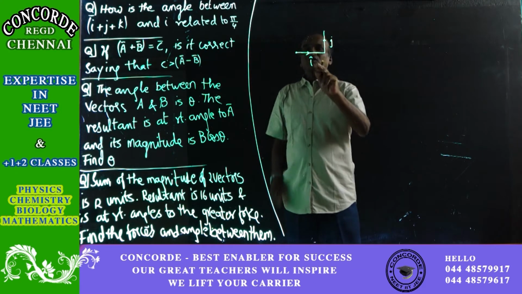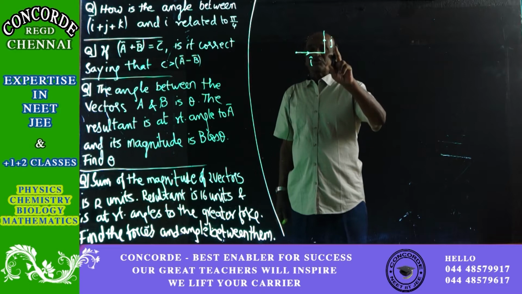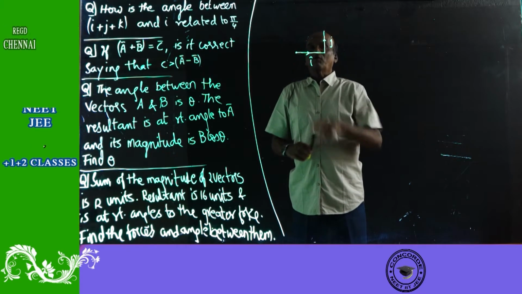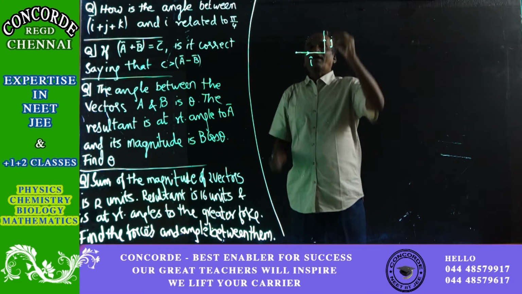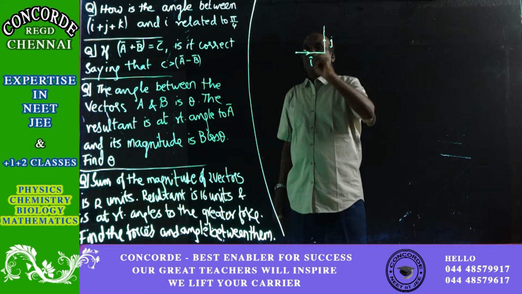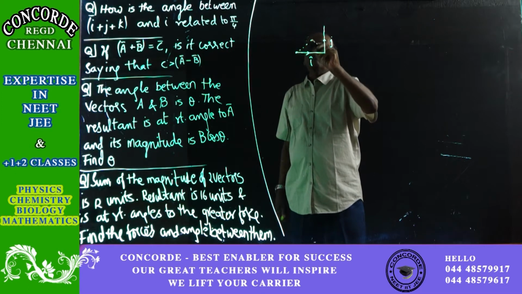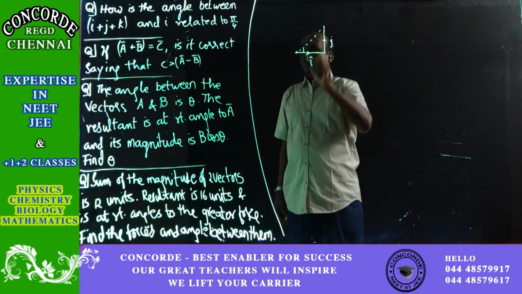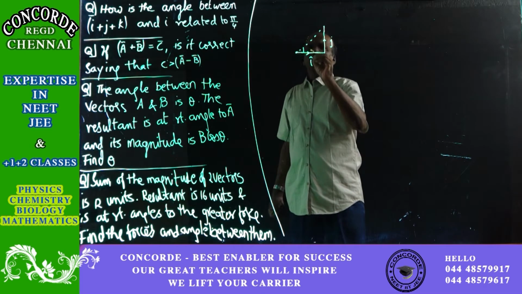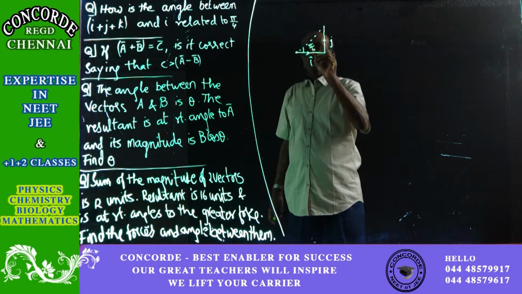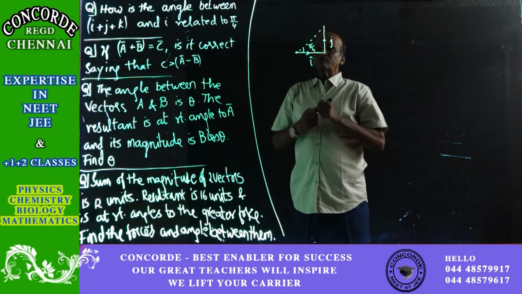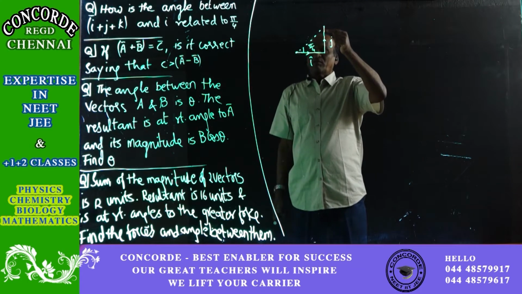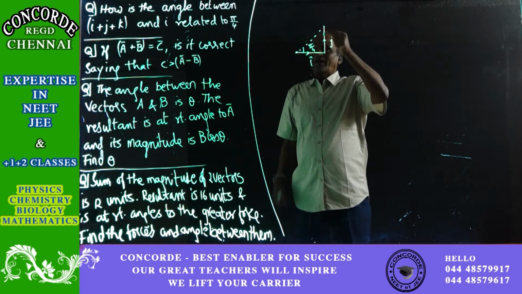Now, because the magnitude of i is equal to 1, so also is the magnitude of j cap equal to 1. So both are equal to 1. It means that the angle between them is going to be 45 degrees. So this will be 45, and 45 is equal to pi by 4. Then another is k, which is in space and at 90 degrees to both i and j.